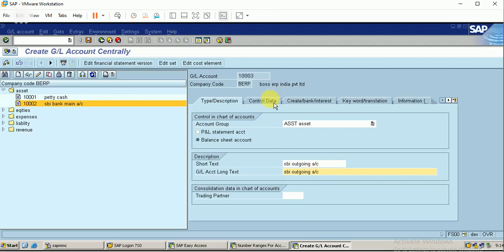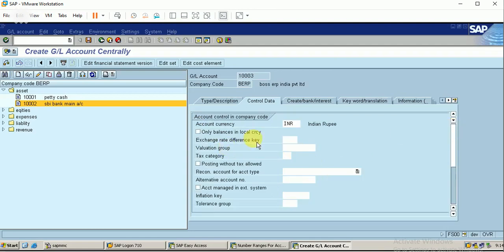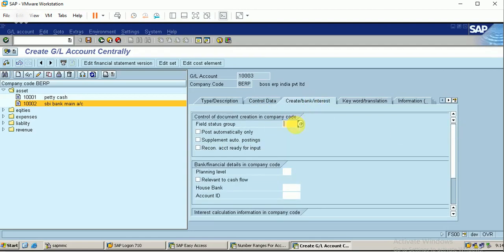Here the main thing is that open item management has to be ticked, then only I can reconcile this account. The same G005. Click on save.